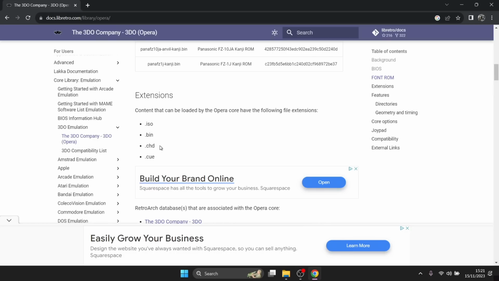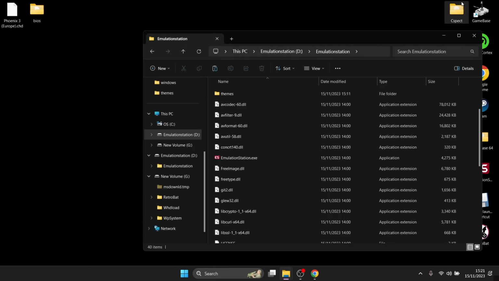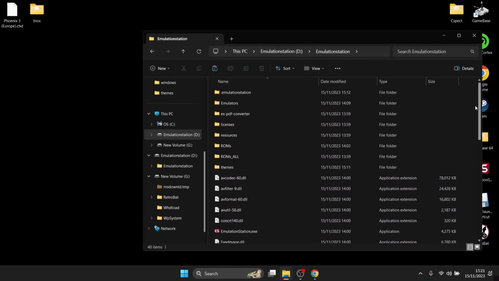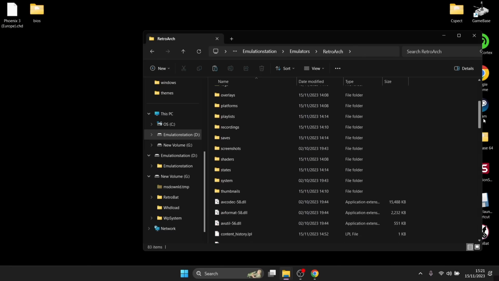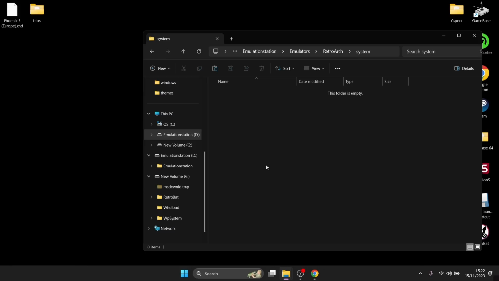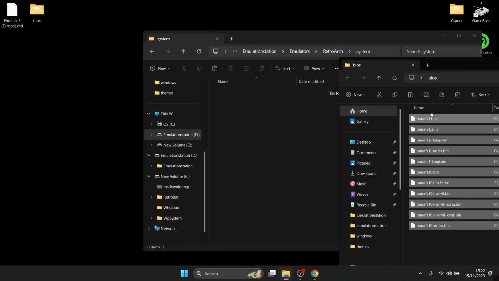Now, the one I'm going to be using here for this example for 3DO is actually .chd, which is a compressed file which saves you space on your hard drive. You can convert different files into .chd, which I've covered different times on different setup guides. So we've established which BIOS files we need, and so we're going to go back to the EmulationStation folder, and inside of emulators, back into RetroArch, we're going to find that system folder, and this is where those BIOS files are going to go. So we can drag in those required BIOS files inside of here,